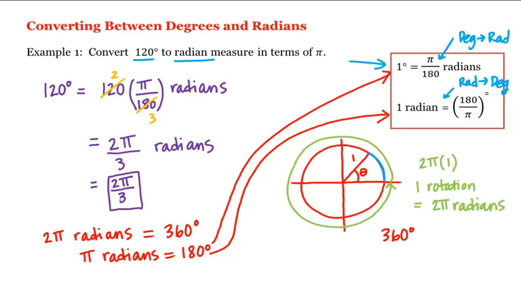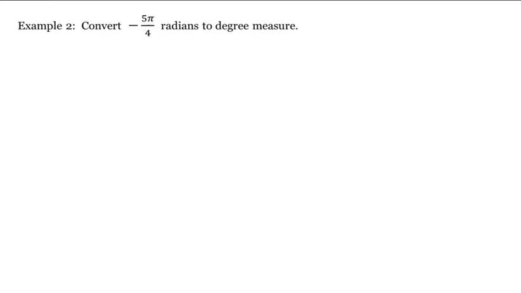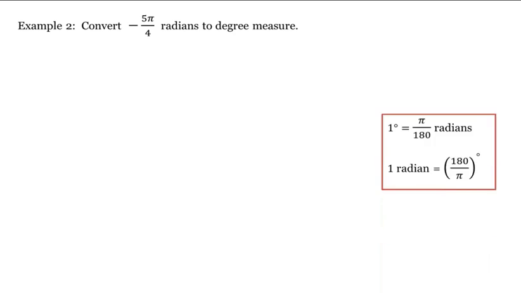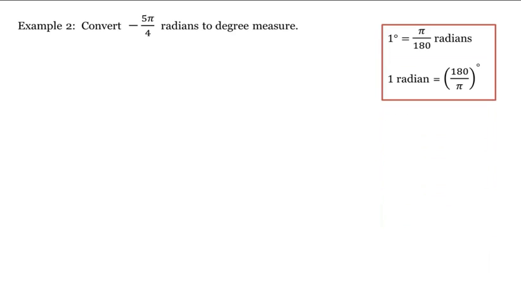All right, let's see another example. Let's convert negative 5 pi divided by 4 radians to degree measure. Again, we have the following conversions, but since we're going from radians to degrees, we're going to be using the second one now. That is, negative 5 pi over 4 radians